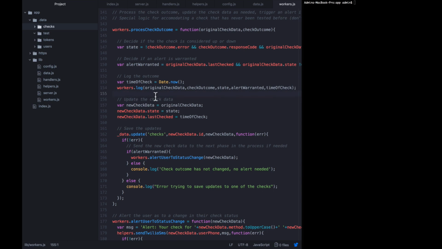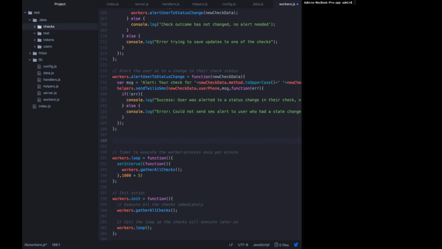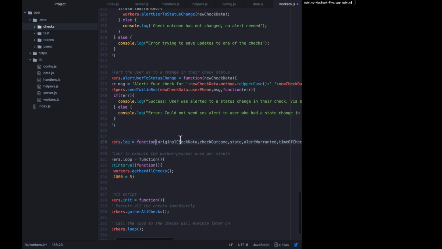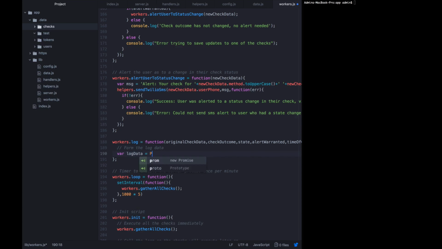Workers.log doesn't exist yet, so now we can go about writing this function, which takes in all these parameters and then writes it to a file. So I'm going to go down here, just above where we put in the loop, and actually start writing this function. So we're going to say workers.log equals a function that takes in all these parameters. And since this is really just a private function, only used here, we don't need to do much sanity checking. So let's say that we want to form the log data, and then we'll go about actually writing it. So we're going to say that log data is an object,